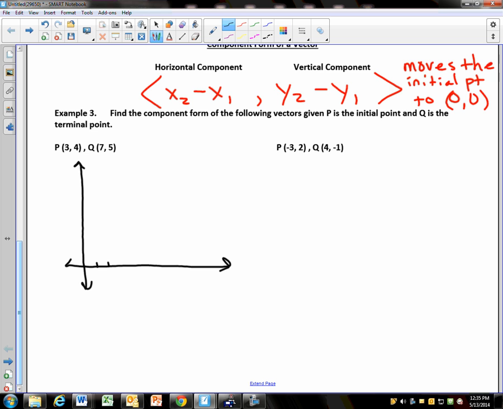If I go over 1, 2, 3, 4, 5, 6, 7, and up, say 1, 2, 3, 4, 5, P is over 3 and up 4, and Q is over 7 and up 5. That's my vector. Component form does this. Subtract the x values. What is x2 minus x1? 4. What is y2 minus y1? So look at, if we draw the vector 4, 1,